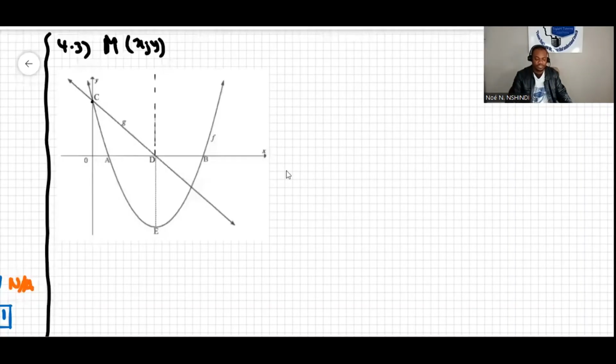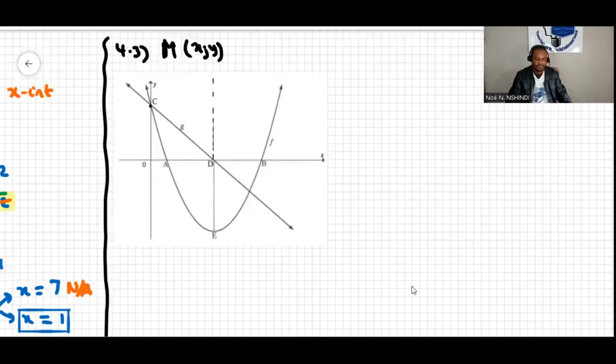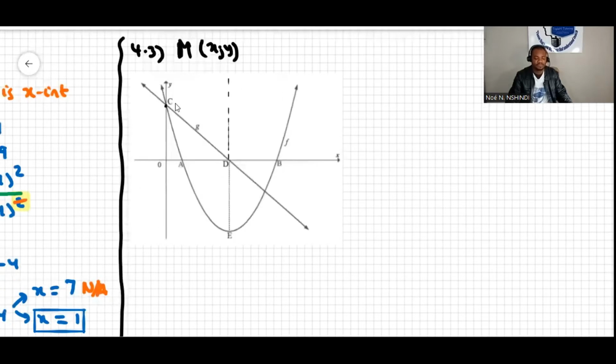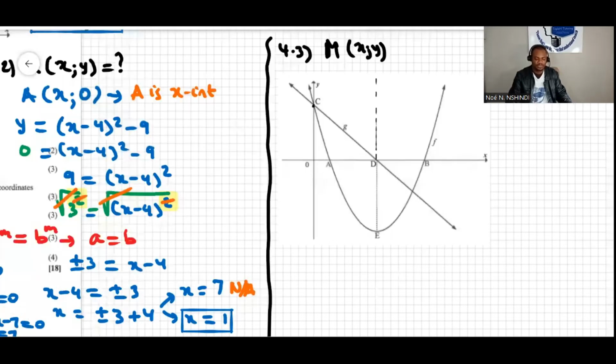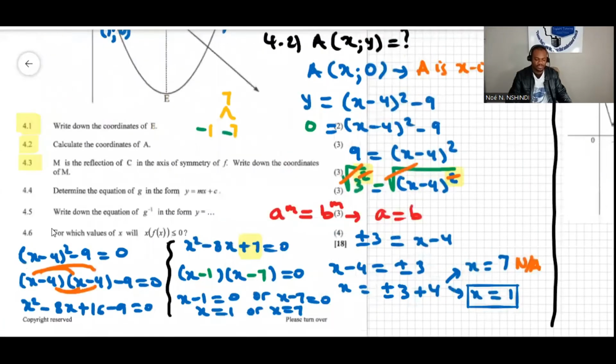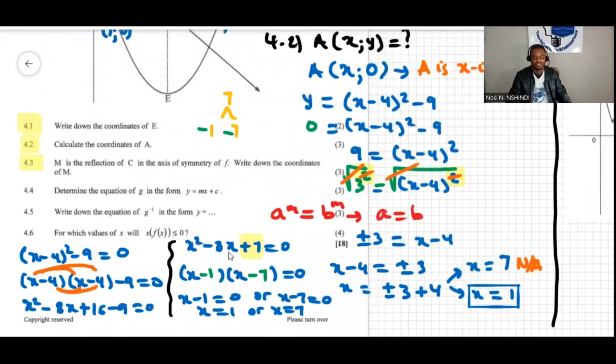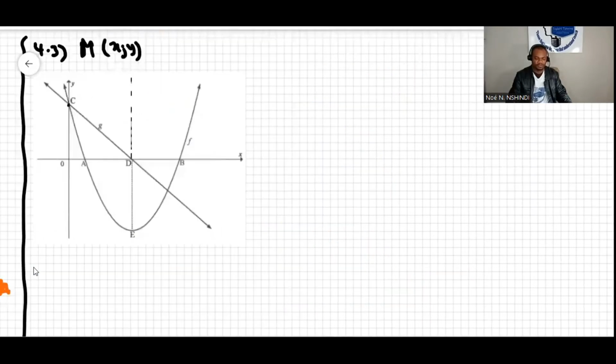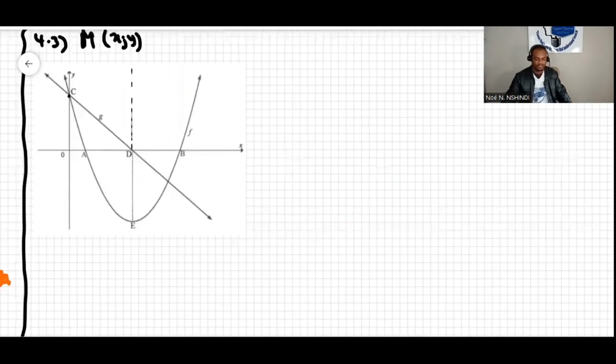I say given because I did the calculations over here. If you look at the value C, it is the y-intercept. If you expand this as we did over here, we got x squared minus 8x plus 7. So the y-intercept is just 7 here. So over here, the coordinate of C is 0, 7. Now, if we reflect C